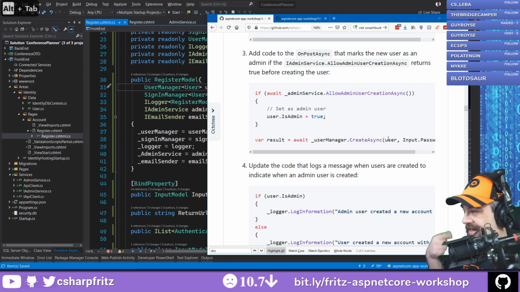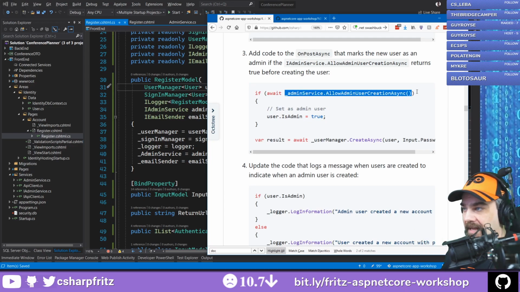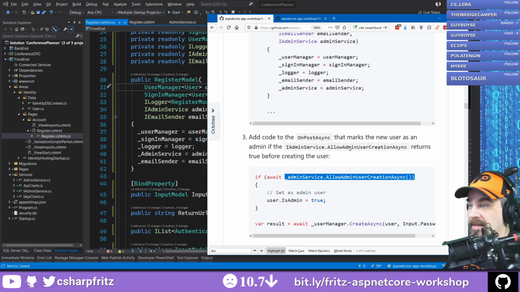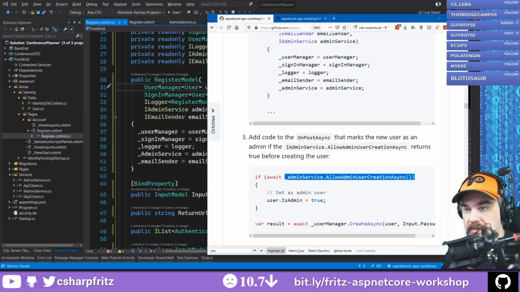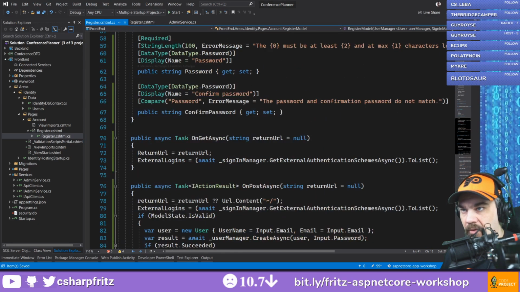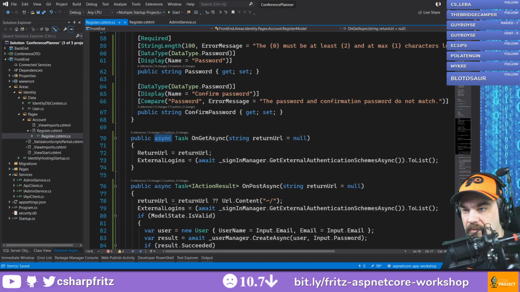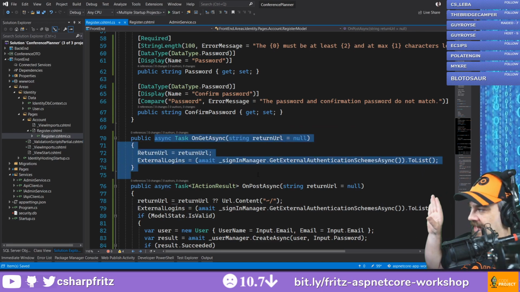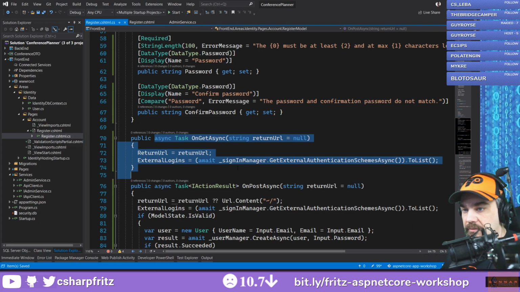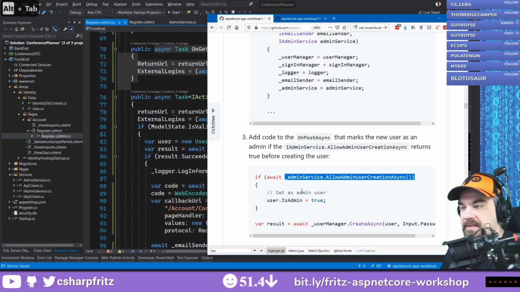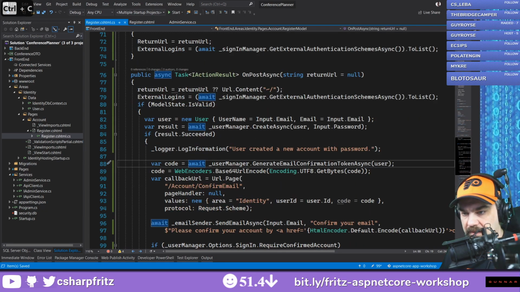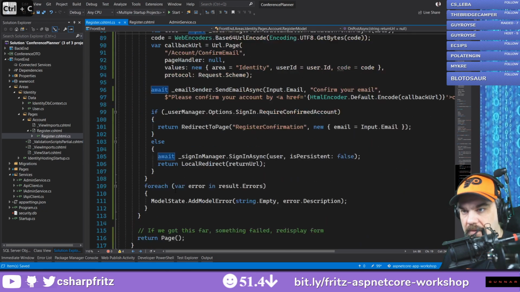So now, when you create a user, if you're allowed to create an admin, make them an admin, right? So that way, the first user that's created is the admin. So this is in the OnPost, right? So on GET, this is what happens when you just navigate to this page, the OnGet method. Well, OnPost is when you click a button that says save, change, do this thing. Well, it does OnPost here, and we're just going to put this check in here right before